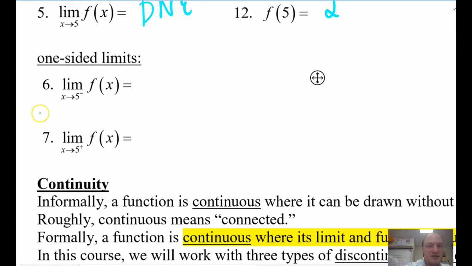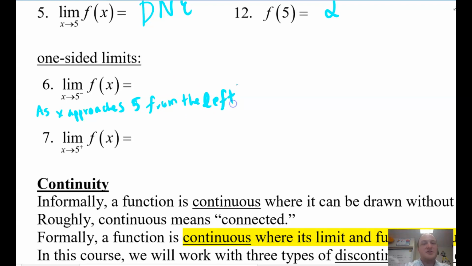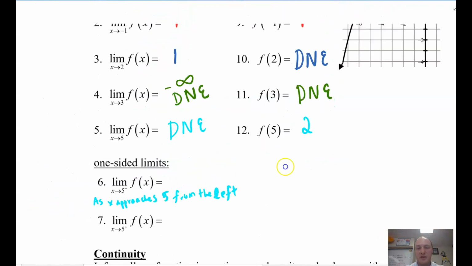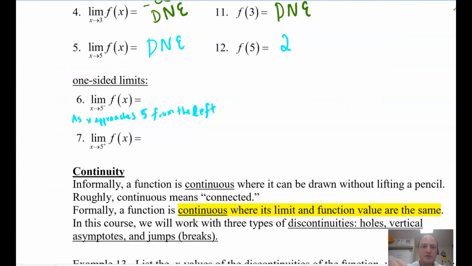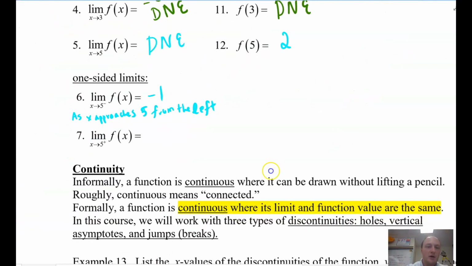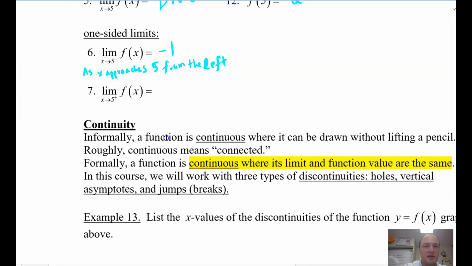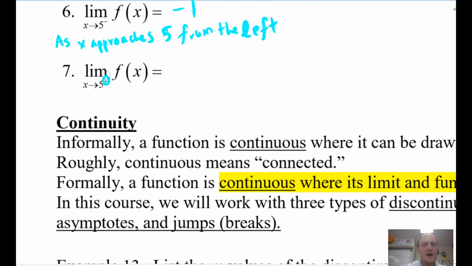Okay, so this says as x approaches 5 from the left. Okay, so what's the limit from the left side? And we said that was -1. So -1. Okay, and then similarly, the plus in the superscript is